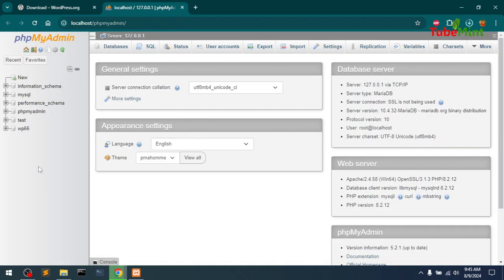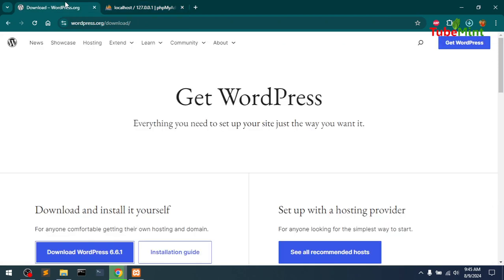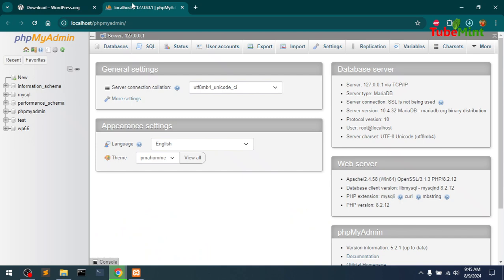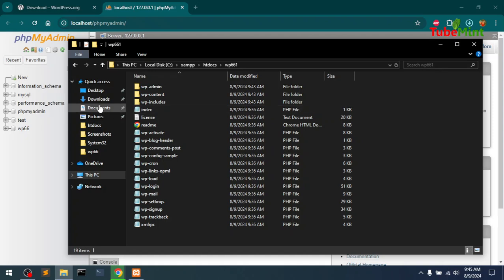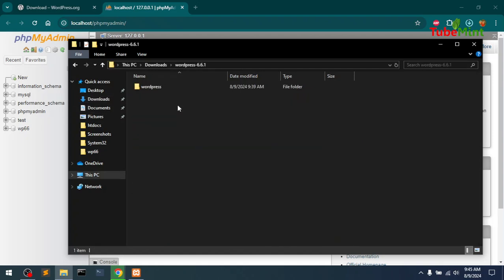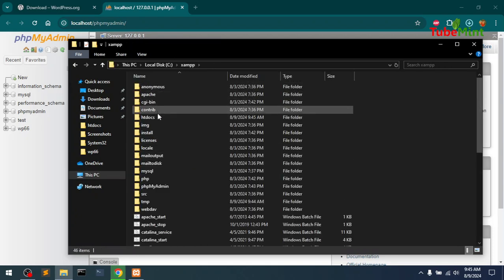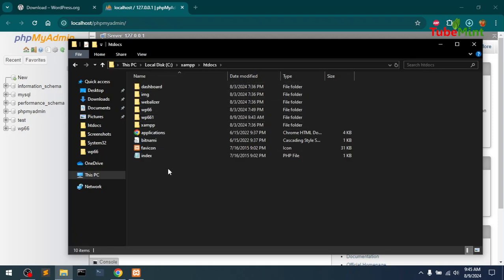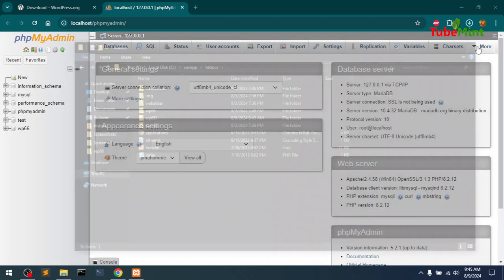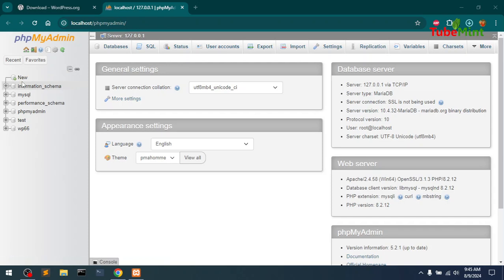And so to just quickly wrap up, we just downloaded WordPress from wordpress.org, extracted it, and opened the WordPress folder which you get from downloads. So extract it, open it, and copy this one, and then locate your XAMPP folder wherever it is installed, and then locate your htdocs. In htdocs you can paste that extracted WordPress folder, rename it, and then move on to creating a new database